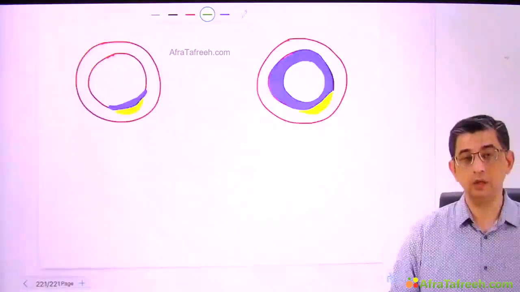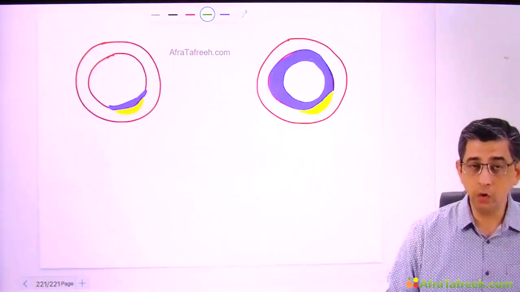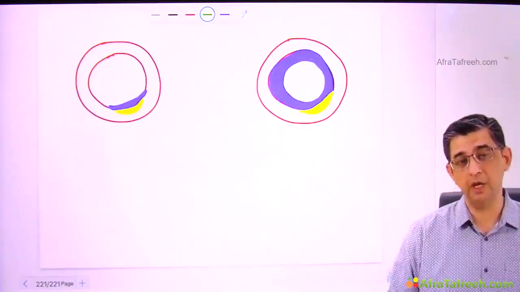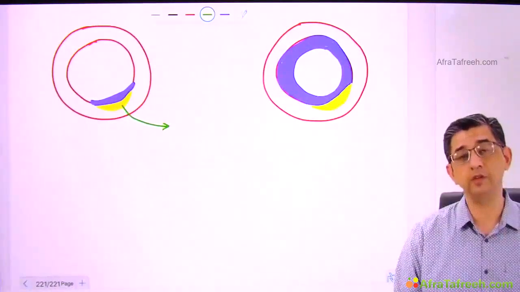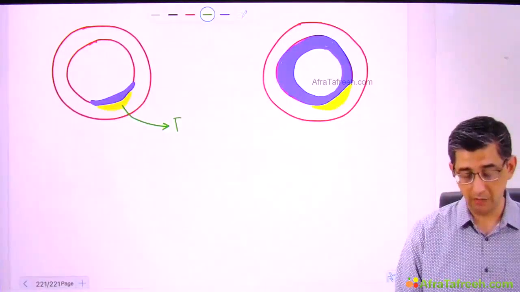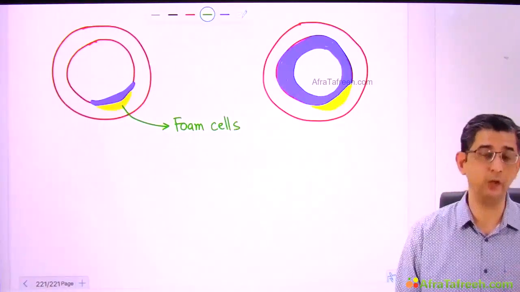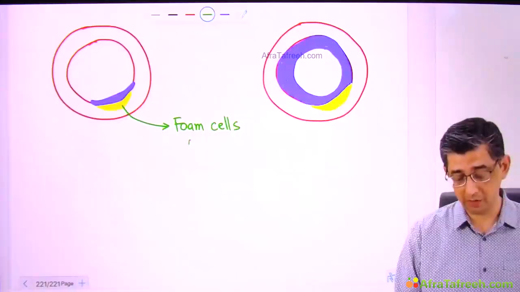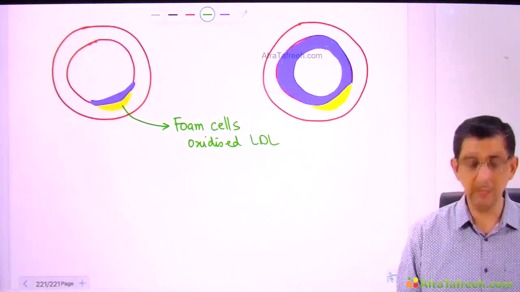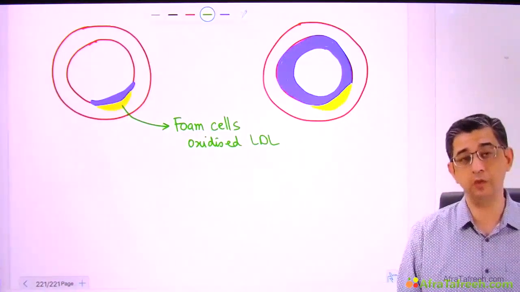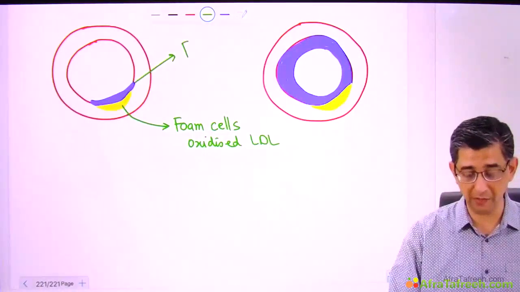Next, based on the explanation of atherosclerosis, I am now going to show you two coronary arteries of two different patients. The yellow in this case is representing the atherosclerotic plaque, where there's going to be presence of foam cells. Foam cells are modified macrophages, and they're called foam cells because the cytoplasm is not clear, primarily because there is presence of the oxidized form of LDL. You see, this oxidized LDL is the trigger which is then responsible for formation of the second layer in atherosclerosis, which is shown in color blue at the moment, that is the fibrous cap.